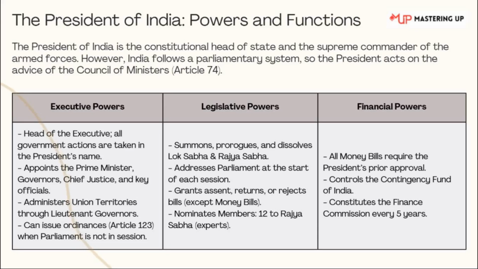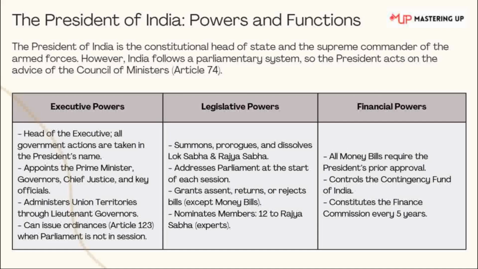The President of India is the constitutional head of state and the supreme commander of the armed forces. However, India follows a parliamentary system, so the President acts on the advice of the Council of Ministers, mentioned in Article 74. The President has 6 types of powers which are described as follows: